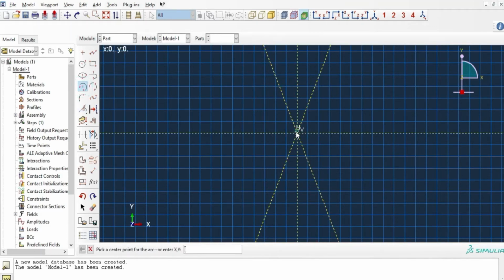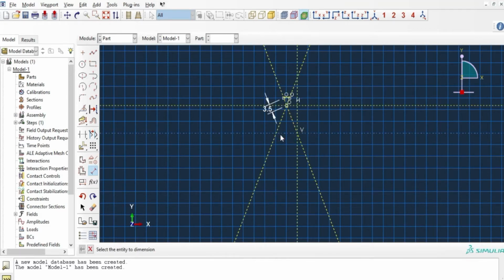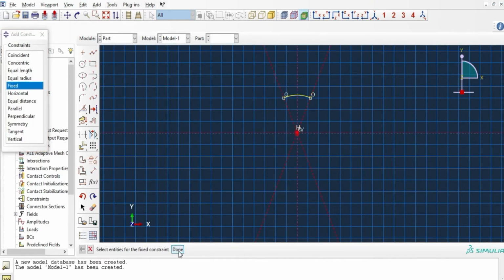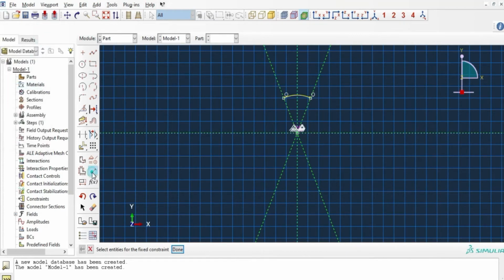Then the arc is selected, and we go for the dimensioning. While we go for the dimensioning, we see that the construction lines shift. That is why we need to fix the construction lines so that the axis of the cylinder passes through the origin. Now we are again dimensioning